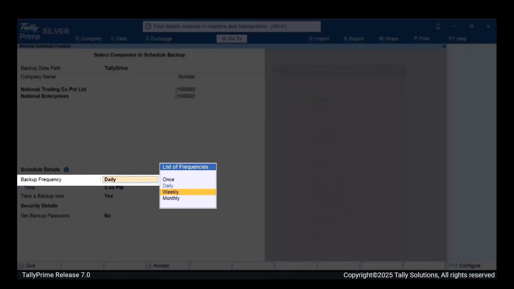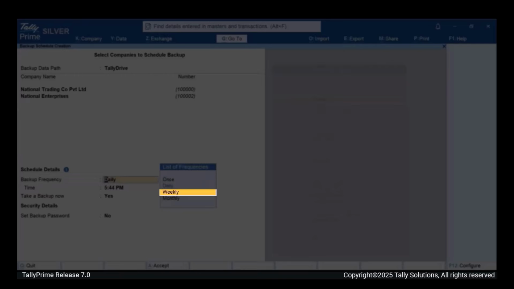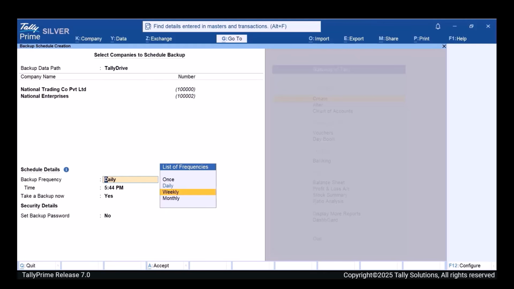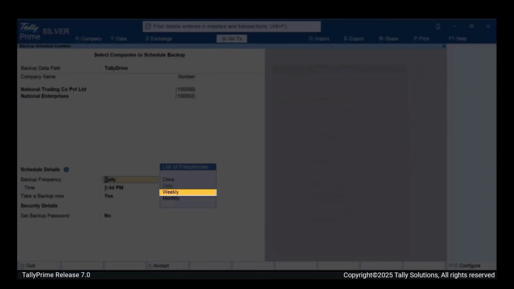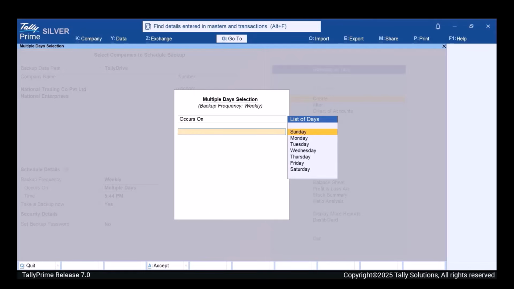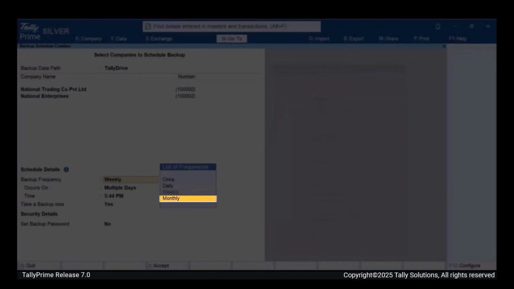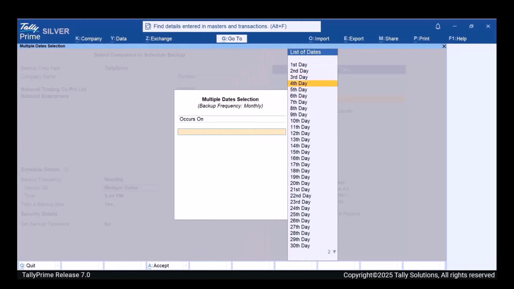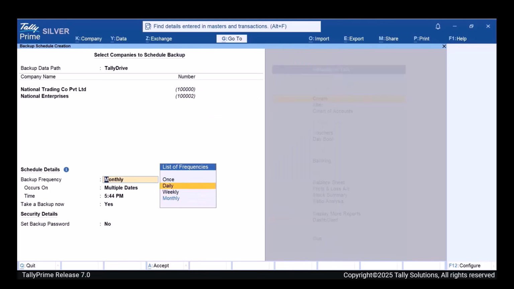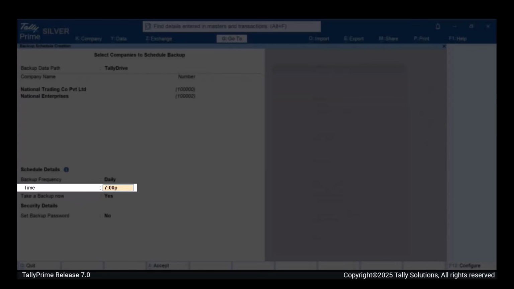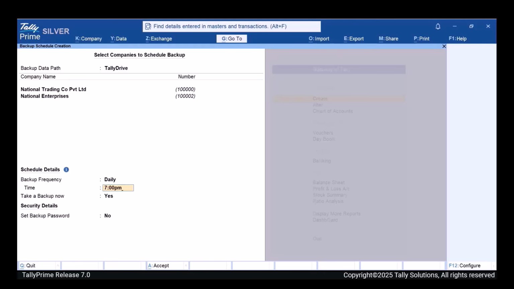Set the backup frequency as once, daily, weekly, or monthly. By default, it is set to daily, as it is recommended to back up your company data on a daily basis. If you choose weekly or monthly, you can specify multiple days or dates for the backup. Next, set the time of backup. It is recommended to schedule backups at non-business hours, such as the end of the workday, so that your day-to-day